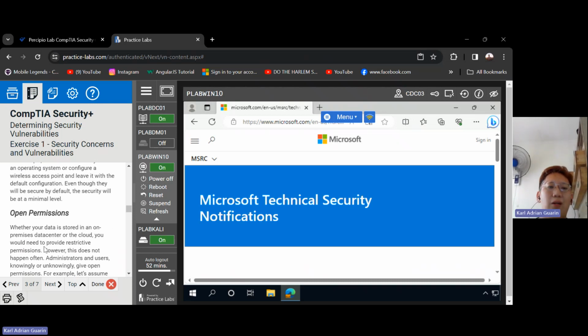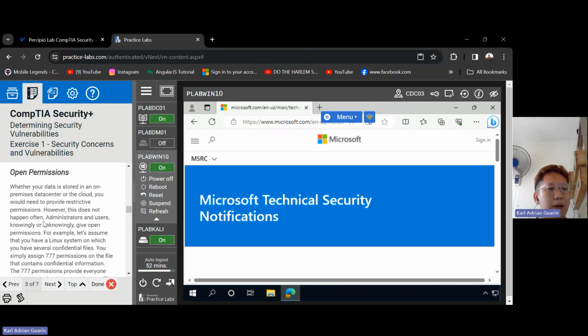Okay, so next is the open permission. Whether your data is stored in an on-premise data center or in the cloud, you would need to provide restrictive permissions. However, this does not happen often. An administrator or user knowingly or unknowingly gives open permissions. For example, let's assume that you have a